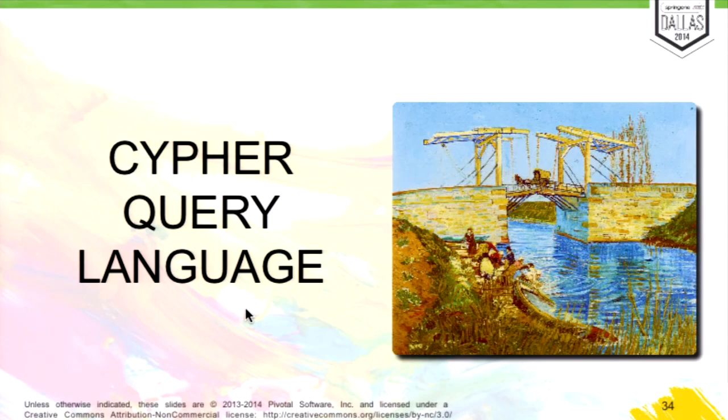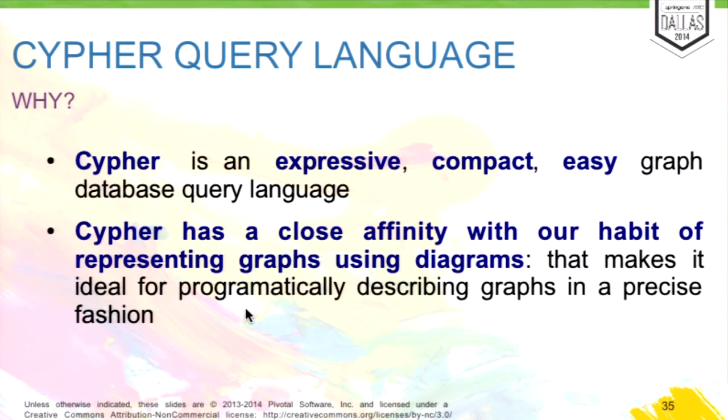Whiteboards are great for describing graphs outside of any technology context. But when it comes to using a database, we need some other mechanisms for creating, manipulating, and querying data. That's why Neo4j introduced CYPHER, an expressive yet compact graph database query language. Very complicated database queries can easily be expressed through the CYPHER language. This allows you to focus on your domain instead of getting lost in database accesses.